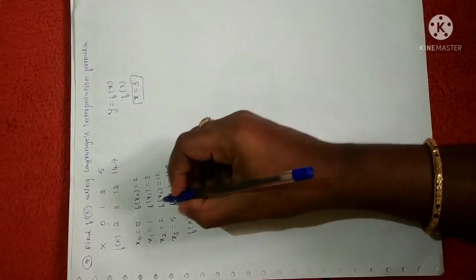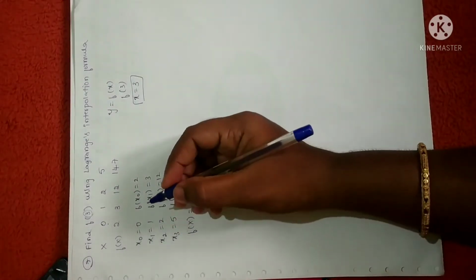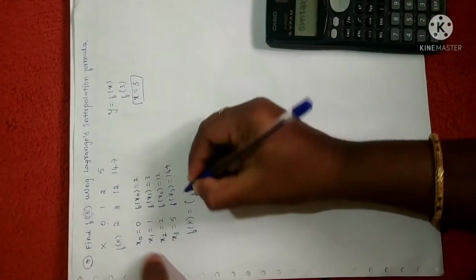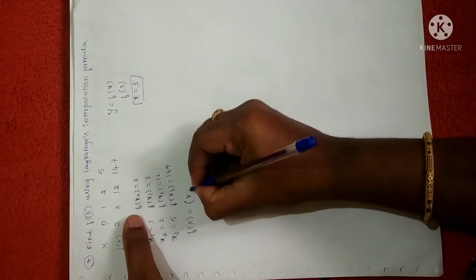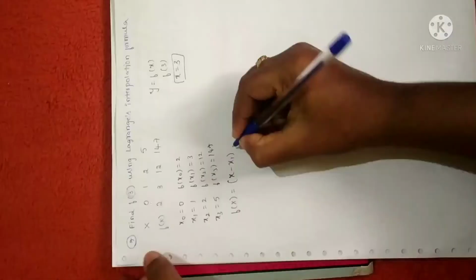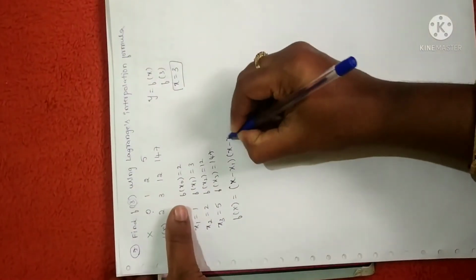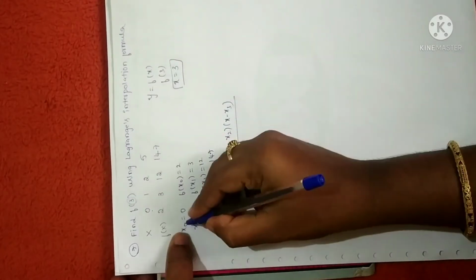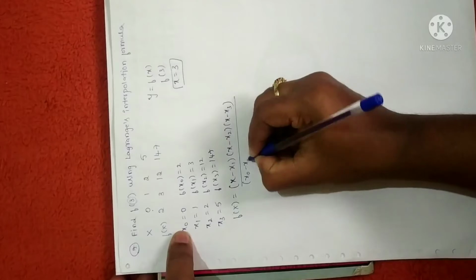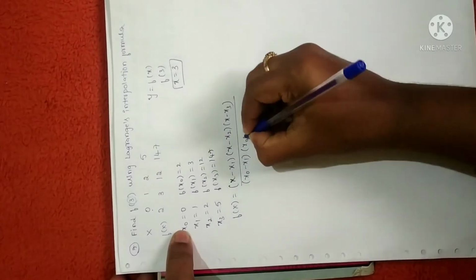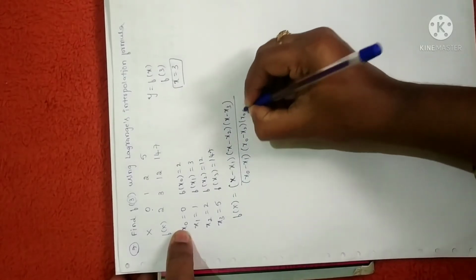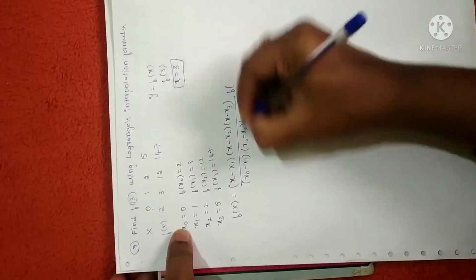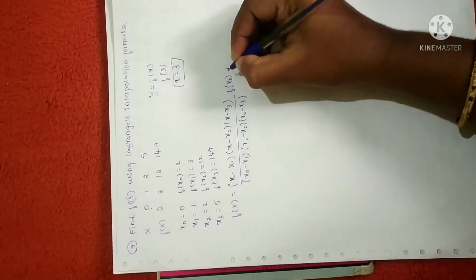So as I already told you, to write the 4-point formula, please go through the previous session video. I have clearly explained. For writing the formula, in the first step we have to leave the first x as it is, next subtract all the values: x minus x1, next x minus x2, x minus x3. Now replace x with the first value, that is x0. So you will get x0 minus x1, rest of the values will be same, x0 minus x2, x0 minus x3, into f of x0, plus next term.